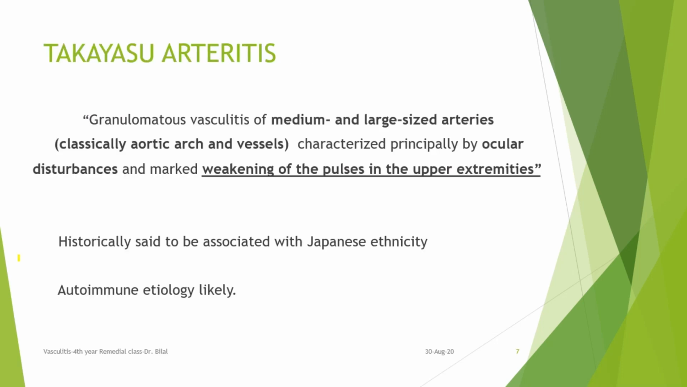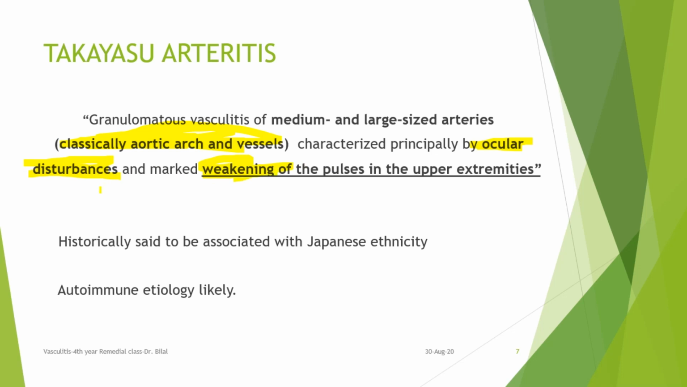Now, another important disease, Takayasu arteritis. This also affects medium and large sized arteries, classically the aortic arch and its vessels. Okay, remember this point: aortic arch and its vessels. It also leads to ocular disturbances. Okay, ocular disturbances can also be seen in this disease, and then weakening of the pulses in the upper extremities,